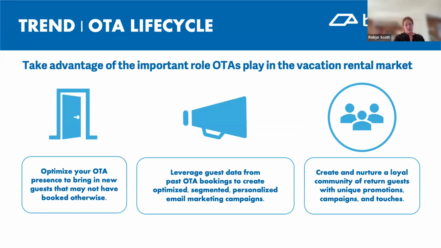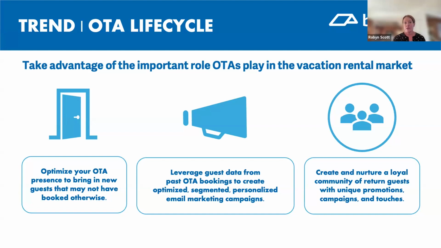So the shift here is really being responsible for treating those OTA guests a little differently than your direct booking guests, because you need to work extra hard to build their trust and get them to book direct. And that's just really leveling up your marketing. But we need to make sure that our units are optimized for OTAs so that they're ranking higher. That's a practice that should be looked at quarterly, chunking out your units and massaging, making sure your photos are in the right order, making sure your descriptions are clean and crisp, really auditing what your listings look like.